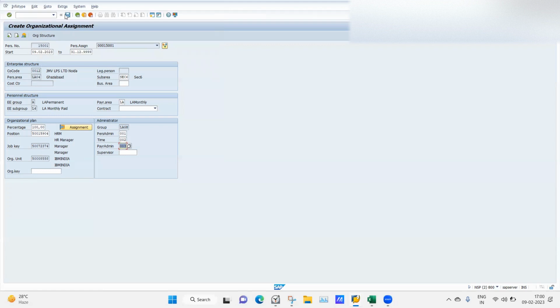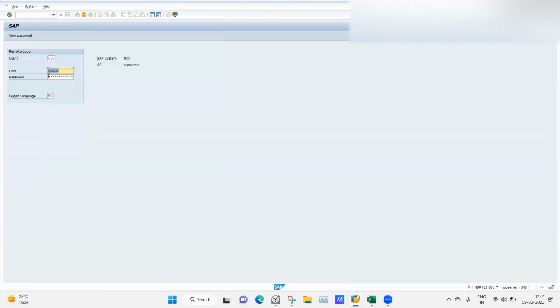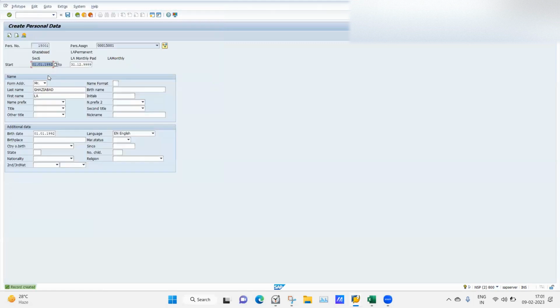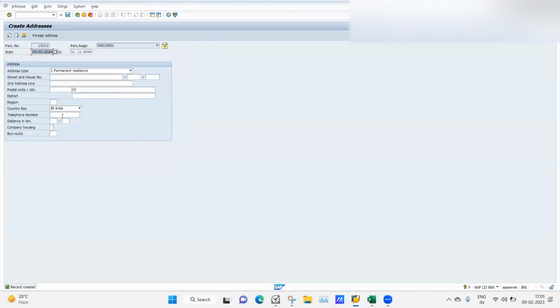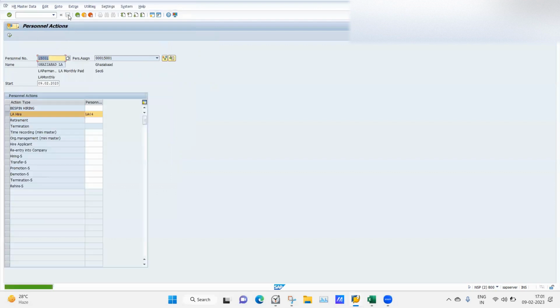Now if I click on save, you know what will happen. It will save this entry and it will go to the next info type, that is the personal data. Whatever info types I have mentioned under the info group, it will ask me to create them. Then it will go to the address, and it will ask me the next one. So this example I have showed you for